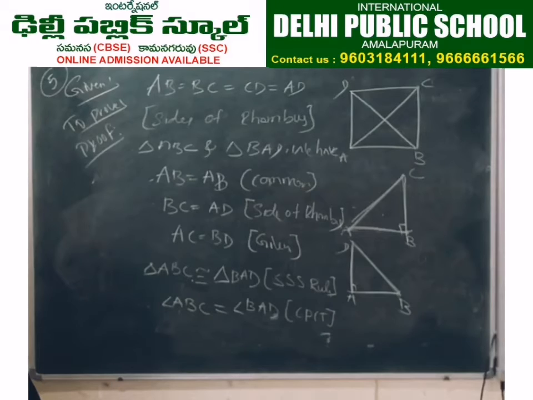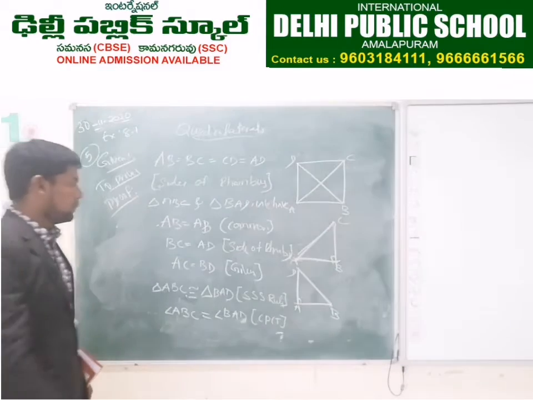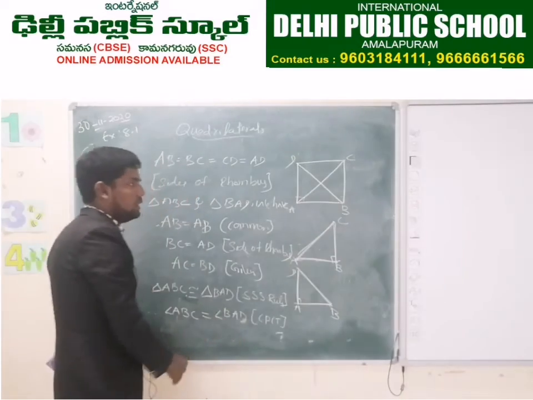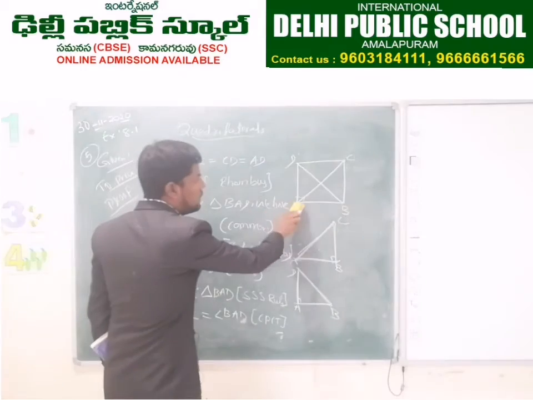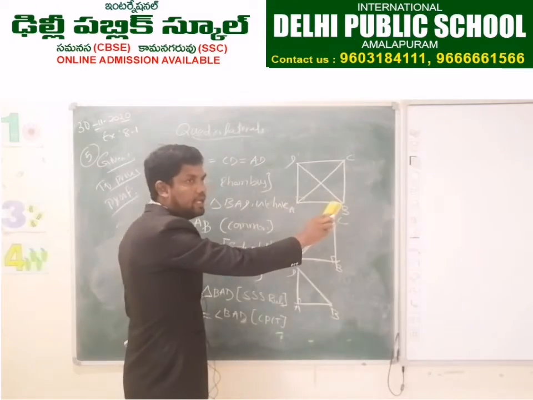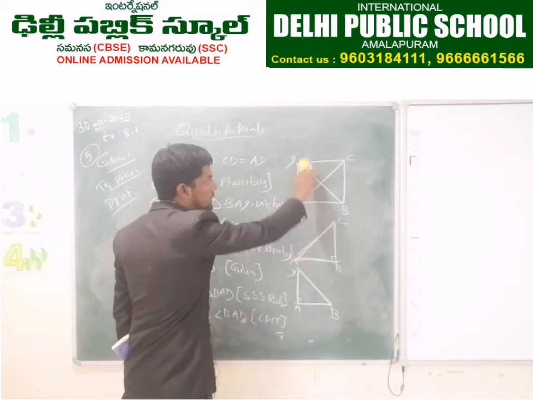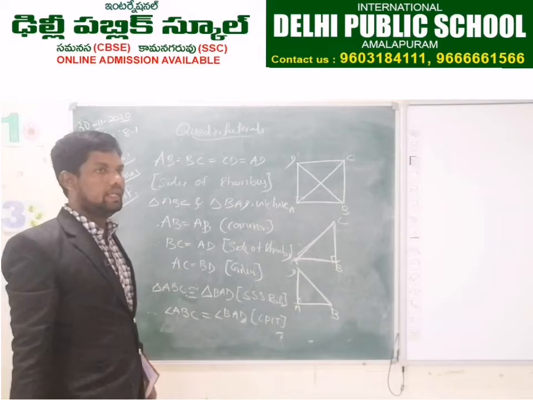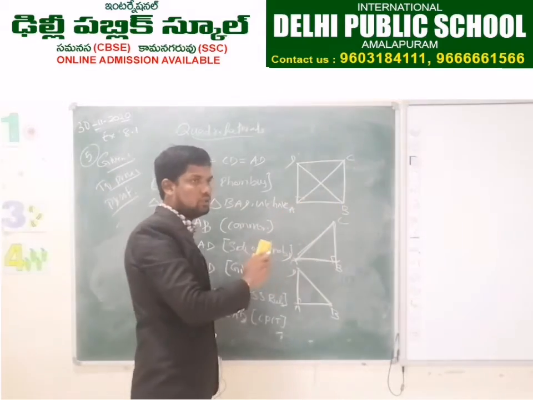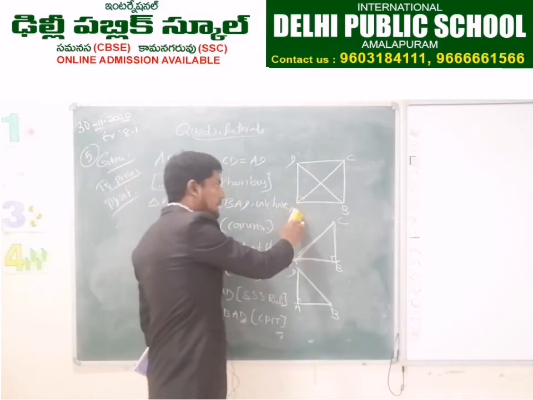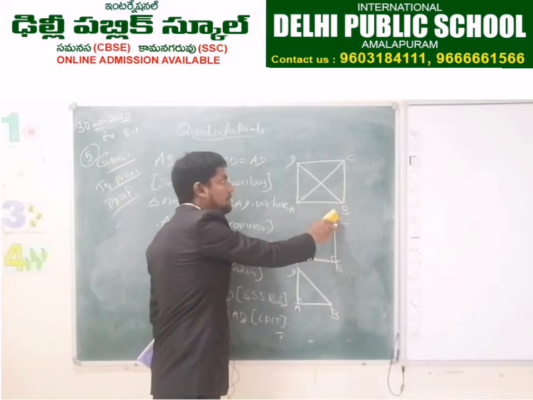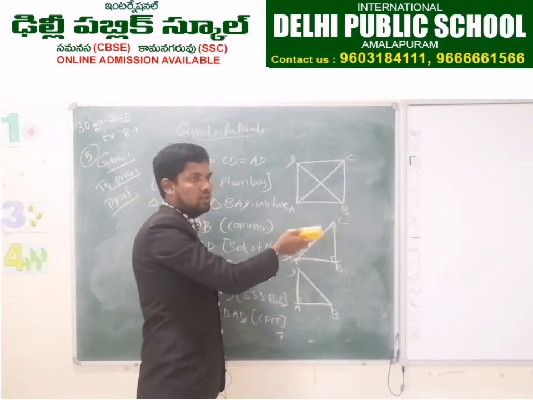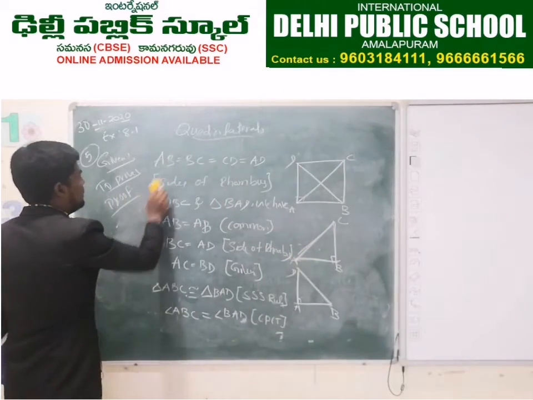We have proved this one, angle A is equal to angle B. Sum of these two angles is how much? This one plus this one, 180 degrees. Because if we are taking this one as a parallelogram, the sum of these two co-interior angles is equal to 180 degrees. It means angle A and angle B is equal to 180 degrees, and angle A is 90, angle B is 90. In the same way, angle C and angle D are also 90. Opposite angles in a parallelogram are equal. Clear? Like that only we have to write down.